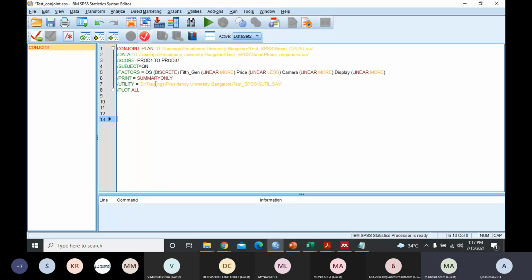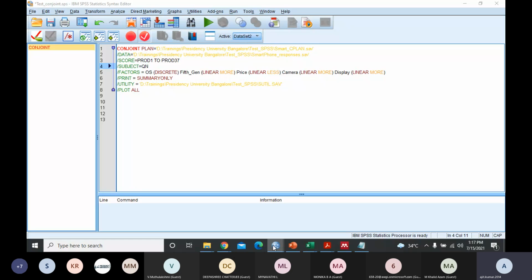And mostly I see that there will be a problem with this thing only. So in your consumer preference data, there are only 22. So when you are creating this orthogonal design, you'll have to ensure that we are going to create only 22 combinations. Otherwise, I'll tell you a shortcut.